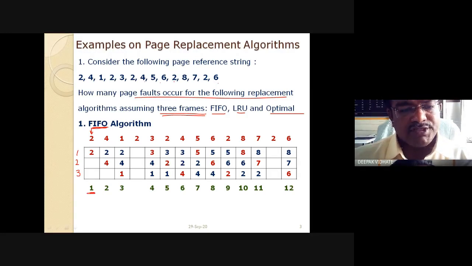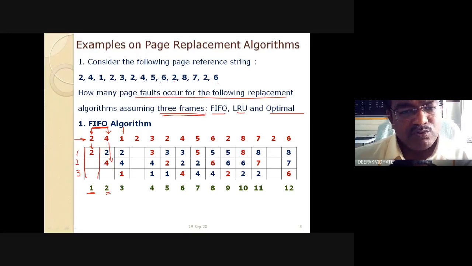See, this green number indicates the page fault, and these are your 3 frames shown here. And this is your reference string. So page fault number 1 occurs because page number 2 is not present in the memory. That's why the page fault occurs. To satisfy this page fault, page number 2 is brought inside the main memory. Next, the reference is made to page 4. The 4 is not available in the frames, so page fault number 2 occurs here. So 4 is brought in to satisfy the page fault.